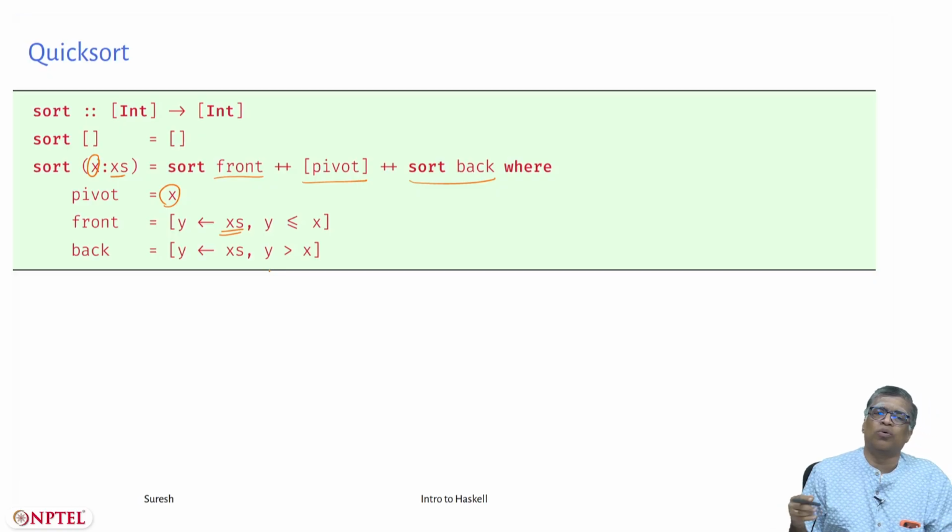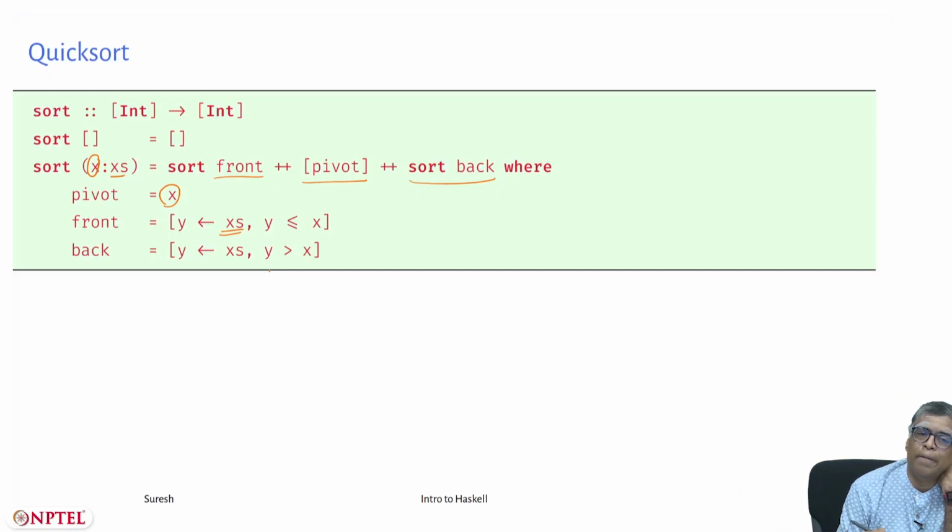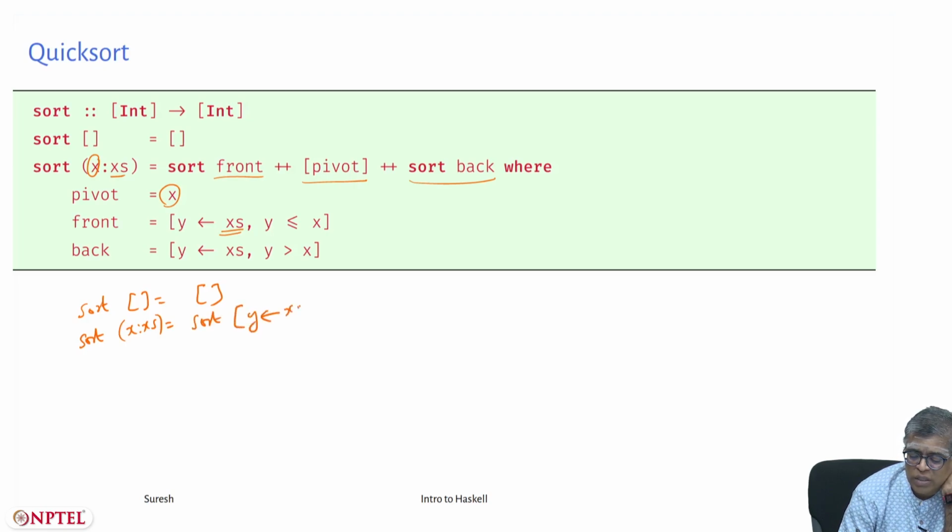You don't even need to have this front, back, etc. as local definitions. So you could just write sort of empty list is empty list, sort of x colon xs is sort of y from xs such that y is less than or equal to x plus plus singleton x plus plus sort of